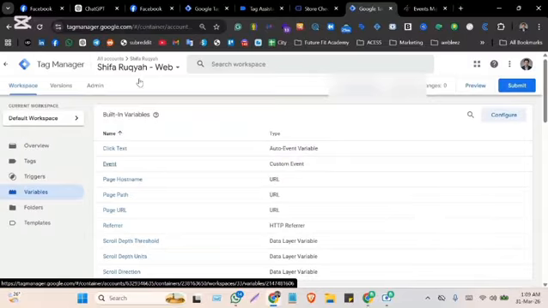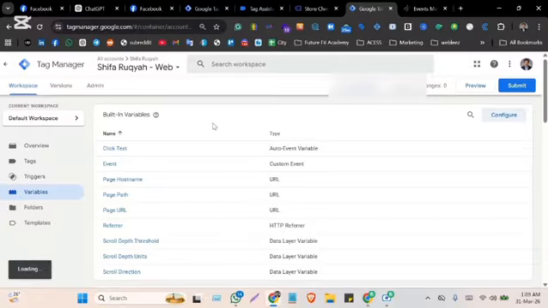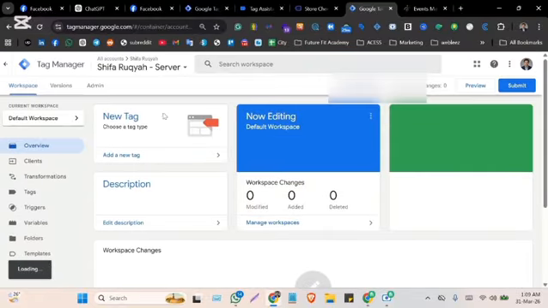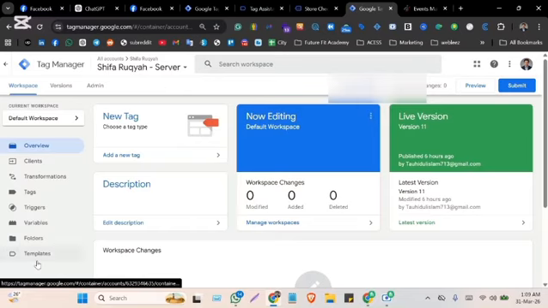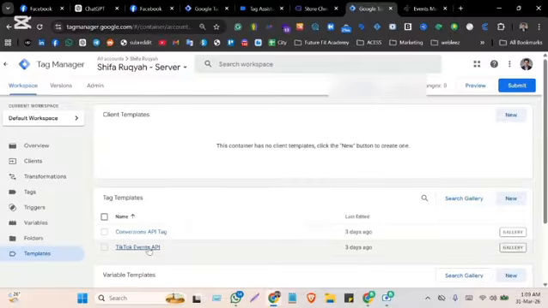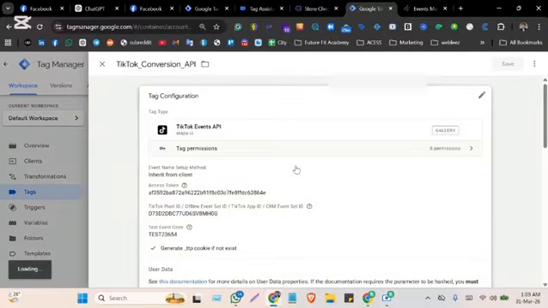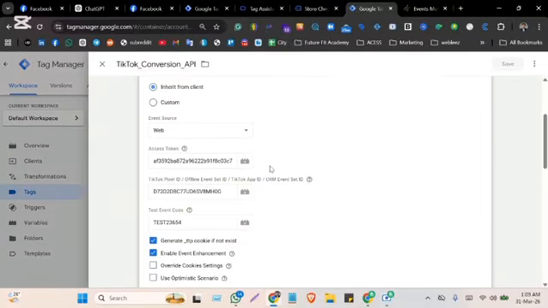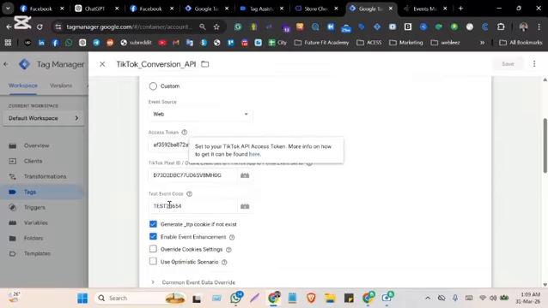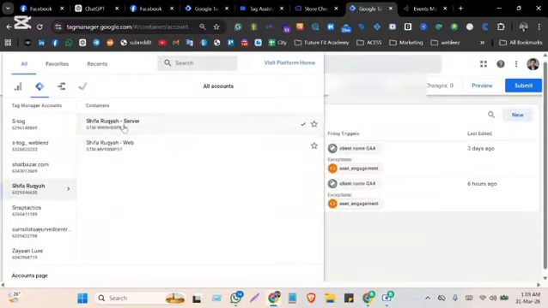Now let's move on to the server container. In the server container, I have also used a template named TikTok Event API, and in the TikTok Event API I passed the TikTok pixel ID, TikTok access token, and test event code to ensure proper synchronization between the browser and server side tracking. And if I go back to the browser side,